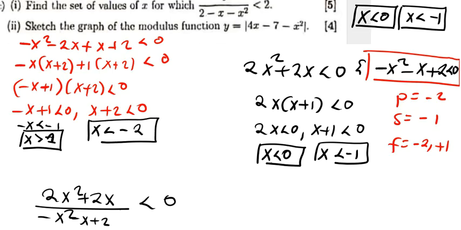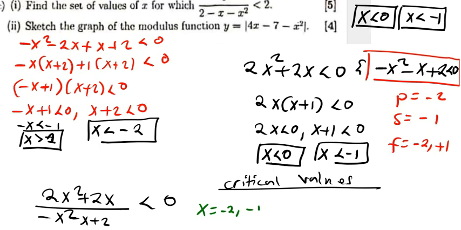So therefore, remember what I said. You say these are my critical values. So our critical values are x equal to, I'll start with negative 2, negative 1, what else, 0 and 1. These are my critical points. Therefore,